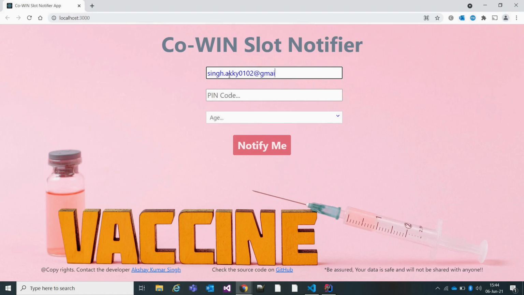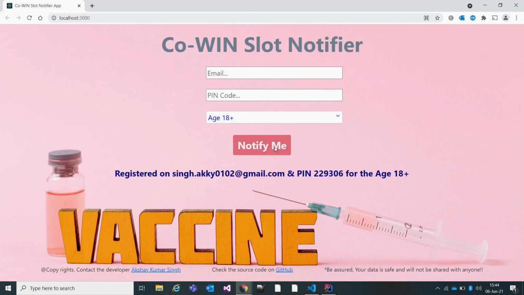This is my email ID where I want to get notified for this pin code, for the age of 18 plus. So it is saying that I'm registered on this particular pin code for 18 plus age, and I'll be getting notification on my email ID.